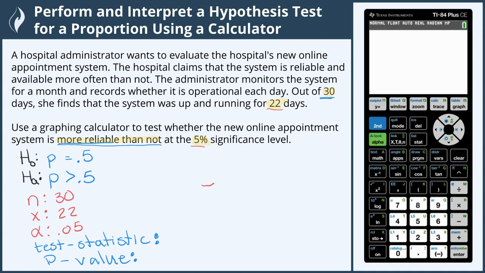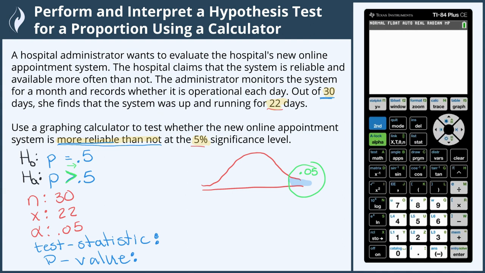Let's go ahead and draw a normal curve so we can visualize the hypothesis test. The alternative hypothesis says that it is greater than 0.5, and it's pointing to the right. This is a right-tailed test, and our alpha or significance level is 0.05. So the area we're looking at to the right under this tail is 0.05. Let's go ahead and open our calculator so that we can calculate our test statistic and p-value to make a